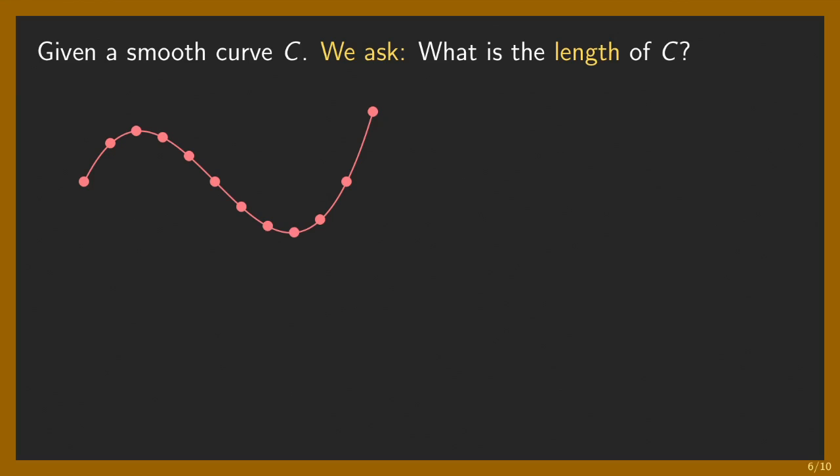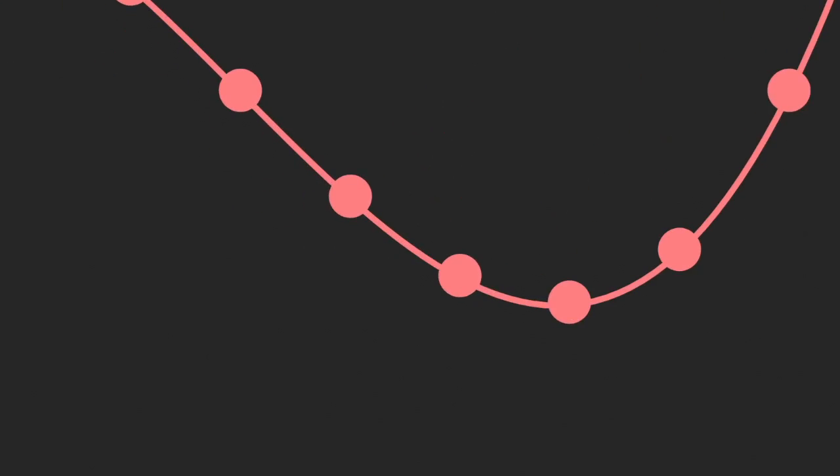Strategically, we would like to divide the curve into small pieces, because if the curve is smooth, then when you zoom in to one of the portions of the curve, it is almost a straight line. So for example, when you zoom in over here, you can see that at every line segment, the curve is almost a straight line. Therefore, a straight line segment can be a good approximation.